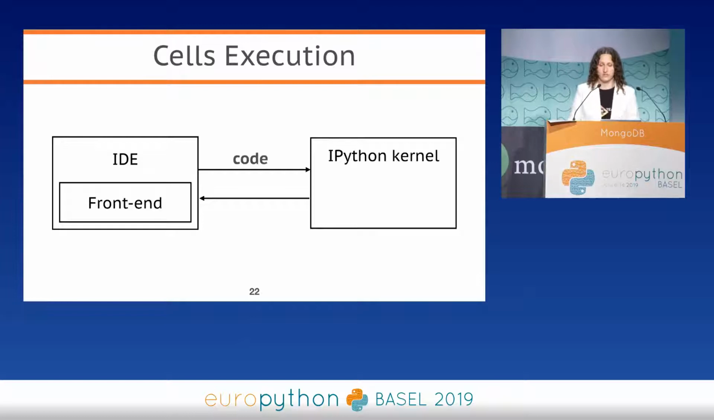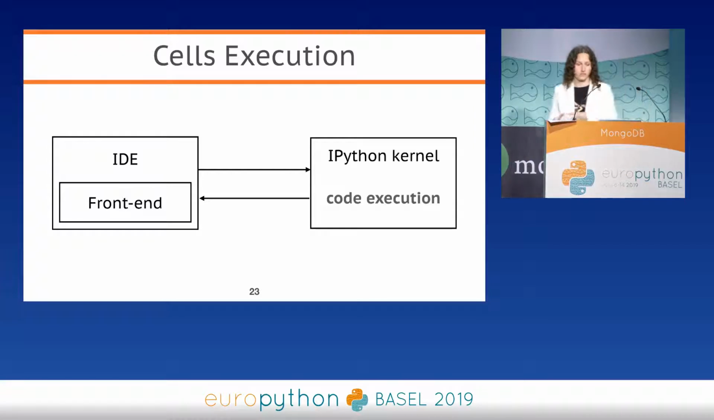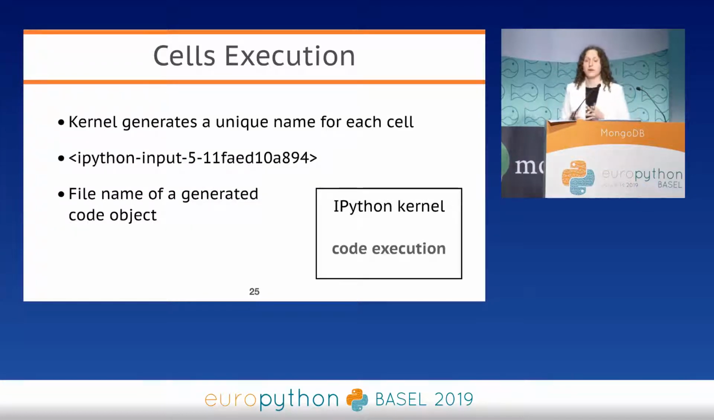So when you execute your cell, the front-end sends its source code to the IPython kernel. The IPython kernel compiles it to a code object, executes it, and sends the result back to the Jupyter Notebook. The most interesting part for us here is how the kernel executes this code. For every cell execution, the kernel generates a unique name for every cell and passes this name as a file name